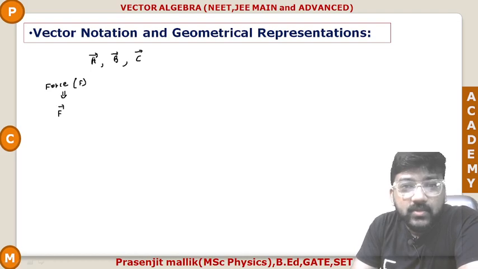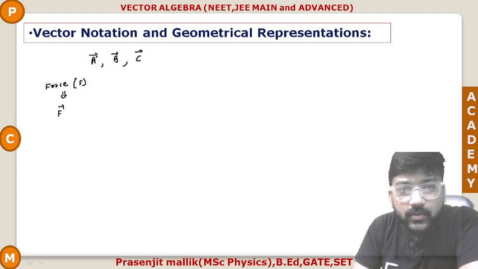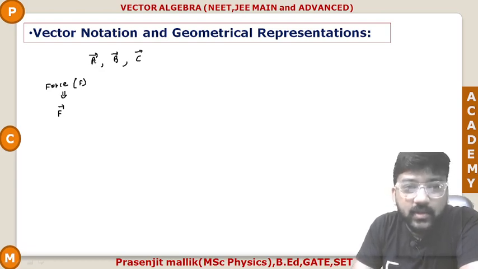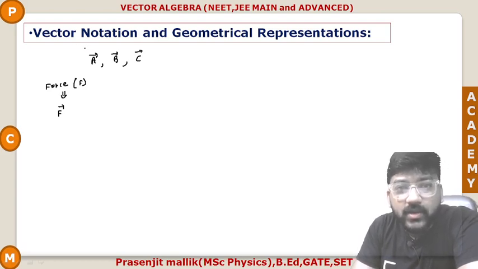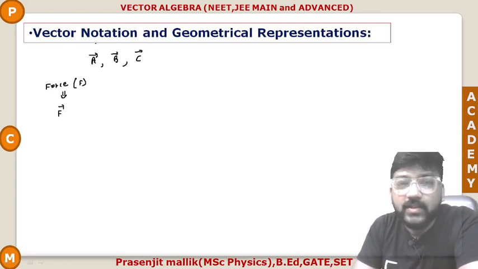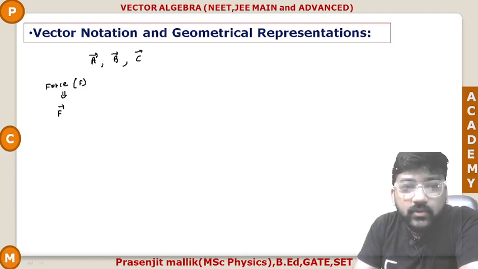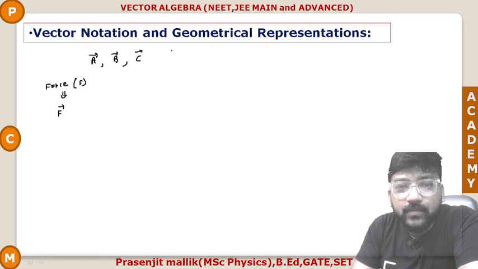But sometimes students have some misconception about this arrowhead. Some students think that this is for direction, but no, this is not for direction. This is just a notation. This just denotes a vector quantity. I have told you in the last class that there is also another quantity called a tensor quantity, and a vector is a tensor of rank 1. So to denote a tensor of rank 1, we use this arrow sign. But if the rank is 2,